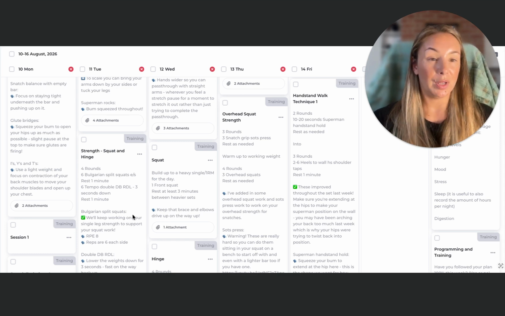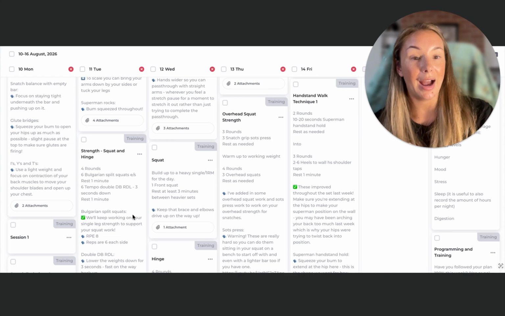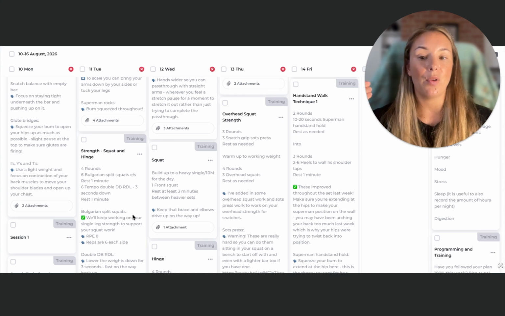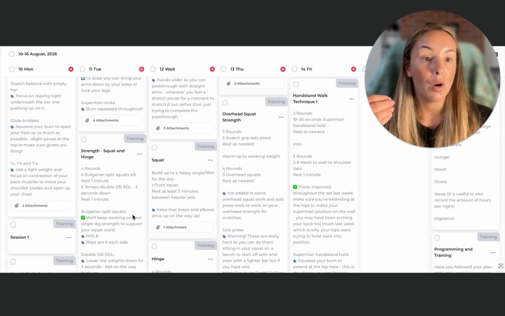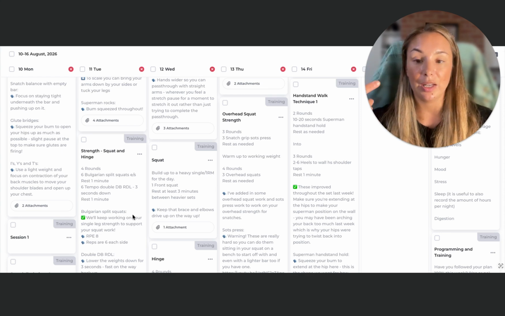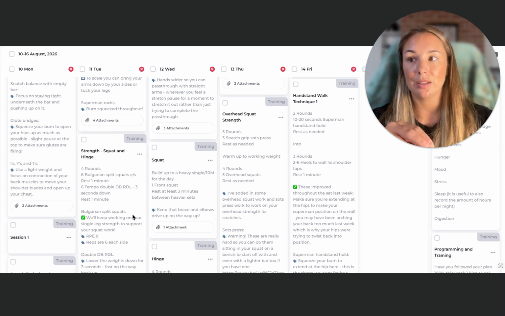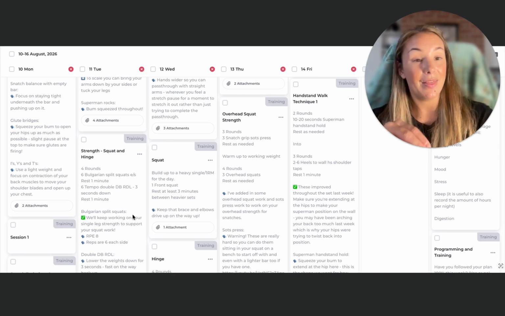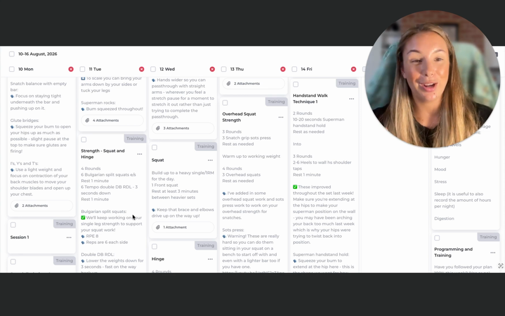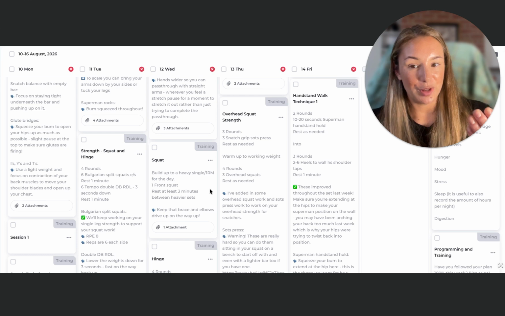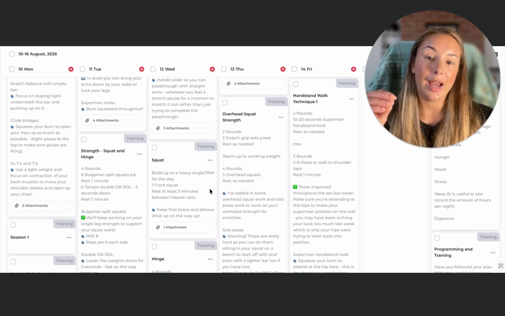And that also gives me a great chance to assess where they're currently at, look at the movement and get them started with the movement without having to worry about them pushing too hard or hurting themselves, injuring themselves by going too heavy to start off with. So that mitigates any risk when it comes to pushing too heavy. And then what we can do is I can look at the videos, review their movement patterns, I can leave them written notes, or I can also film the movement feedback, which is what I do for all my clients as well. So I use that week 1 really as an assessment period.